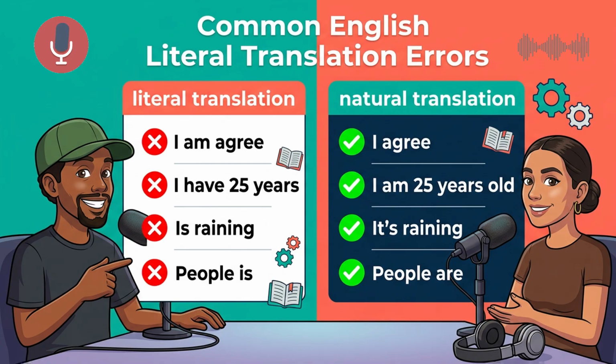Okay, getting philosophical. A little bit, yeah. In English, you do not possess years. You do not own them like objects. Instead, age is a state of existence. The state of existence. Yes, it is a description of the current condition of your physical body. Because it is a state of being, English requires the verb to be.